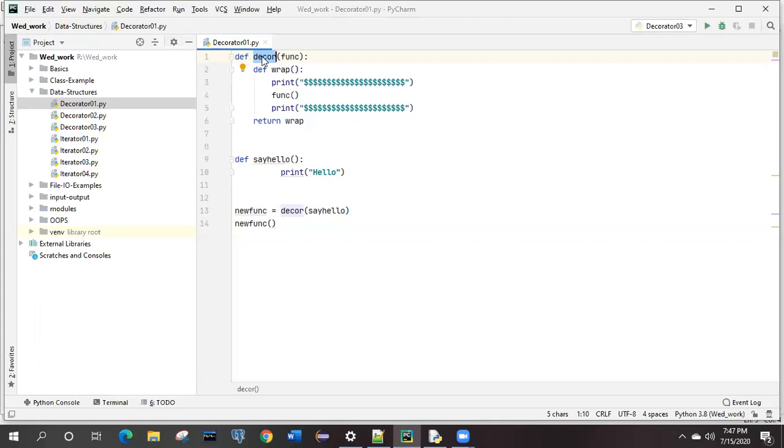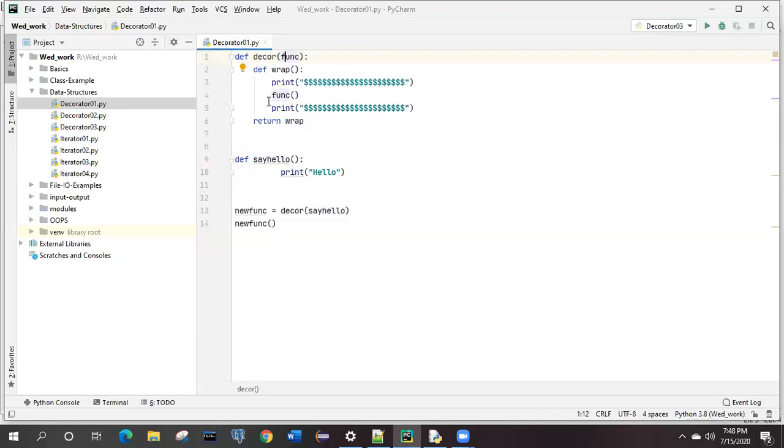It will come to know that say hello is some function which is already defined, which it has to decorate. So it will search over here. This is the say hello function, and it has only one line, print hello. This whole function will be taken as the input to this decor.